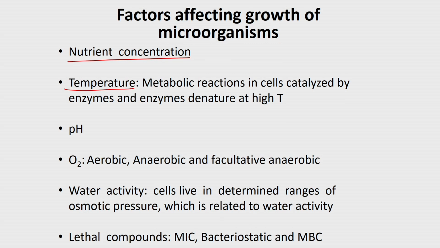For example, if a particular component goes beyond a certain concentration, that itself will be an inhibitor for the growth of microorganisms, right. So, the second important parameter is temperature. This is what we will be concentrating on throughout the whole course, how I will be thermally processing the food, right. Any metabolic reactions which happen in the cells are catalyzed by enzymes, right. What happens if the temperature goes beyond a certain level is that these enzymes get denatured. When enzymes are denatured at high temperature, they will not be able to catalyze any metabolic reactions. That is how the death of microorganisms starts, right.